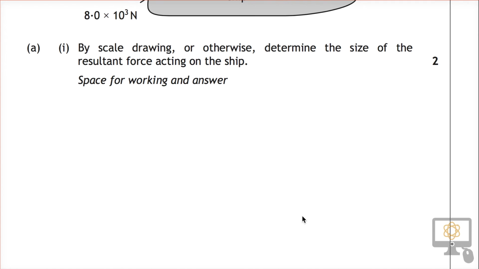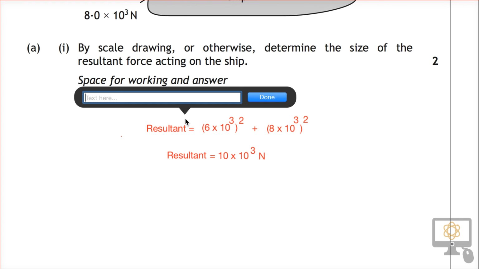We'll do it first of all by the otherwise method, and then we'll have a look at the scale drawing afterwards. So by otherwise would be using Pythagoras. And Pythagoras means a squared plus b squared equals c squared. And so what we've got here is that, oops, I've clearly got a wee bit of a mistake here, so I'm just going to add in that it's the resultant squared